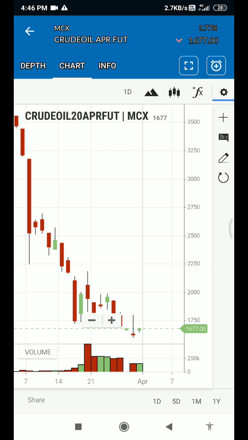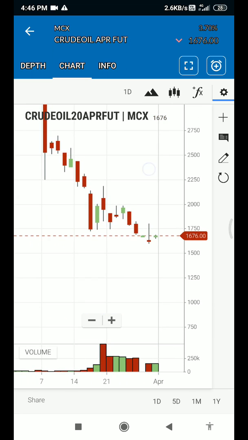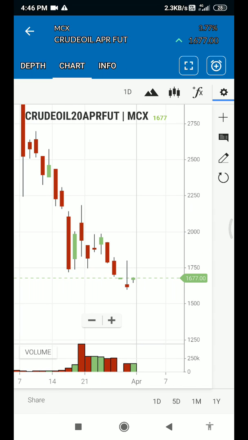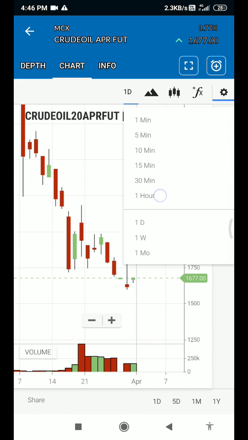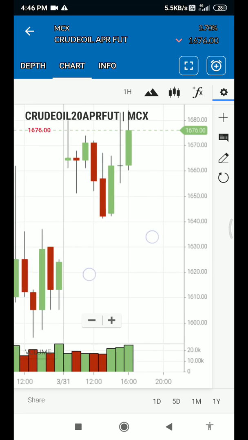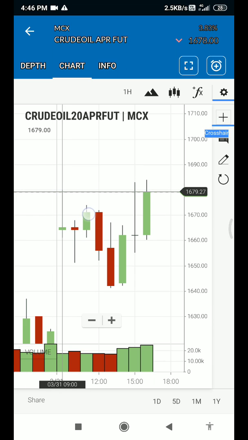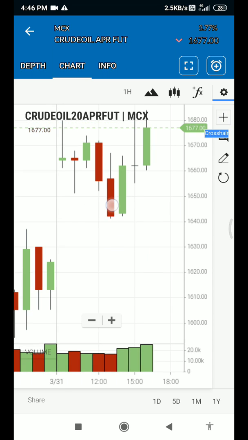And if you switch the time frame to day time frame, you can see it still is in a bearish mode. And if you switch into an hour time frame, you can find what had happened today. Opening of the candle, it got rejected from higher levels, that is from 1680, and after that sharply at 12 o'clock market started to fall,